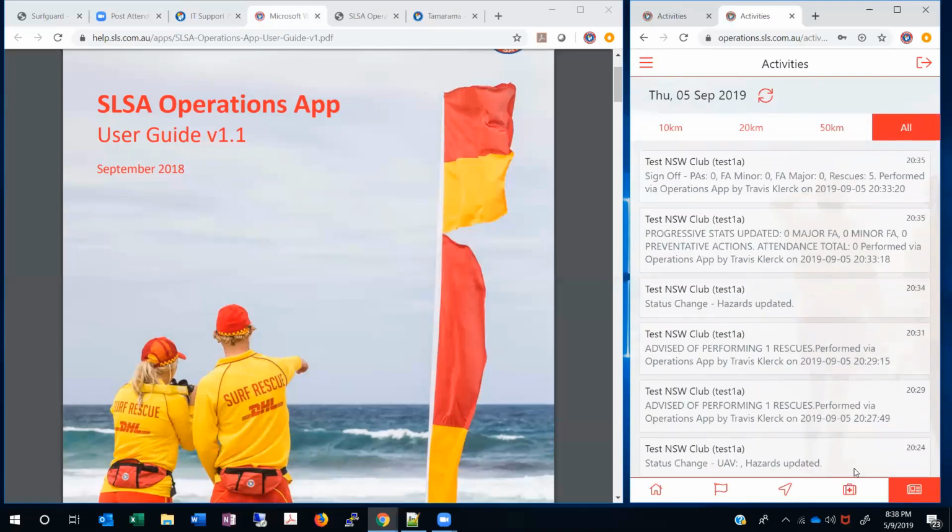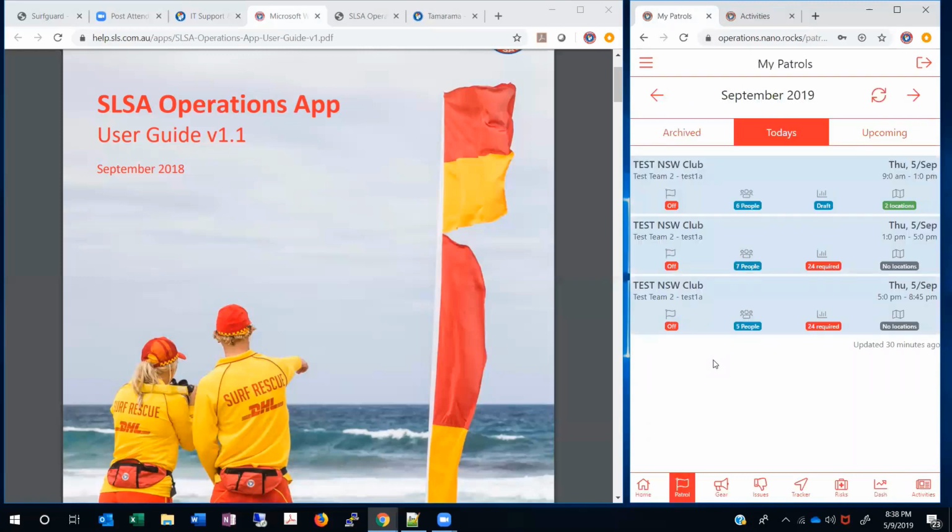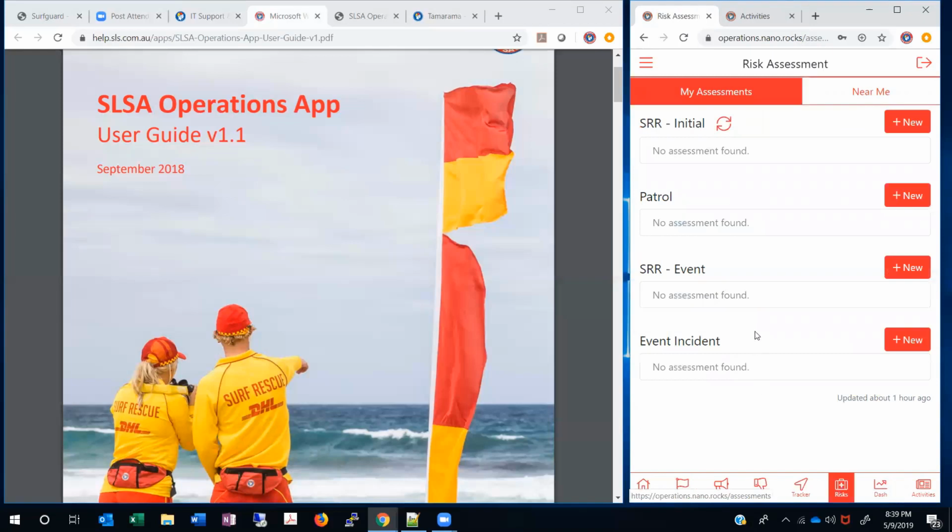So we'll just go back to the new interface. So basically, what I want to show you is just some of the other areas of the app that you may be interested in. So we already had a look at the dashboard. There's a surf risk rating section, which is not open to everyone. You have to have done a little surf risk rating course, which I believe that SLSA will be rolling out